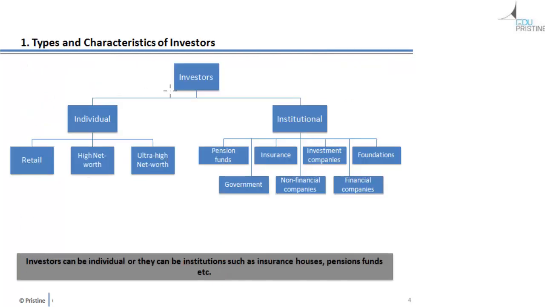Very critical. Let's start by categorizing the investor community, and I'm going to do that first by the plurality of it. So it can either be an individual investor or an institutional investor. Broadly there are 7 to 8 categories, out of which 7 are already listed here, and within the individual there are 3 broad categories. Now obviously retail, high net worth and ultra high net worth, as the name suggests, are bifurcated on the basis of the net worth, or should I say the pockets of the investor.